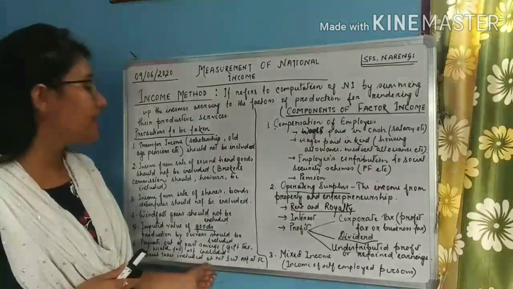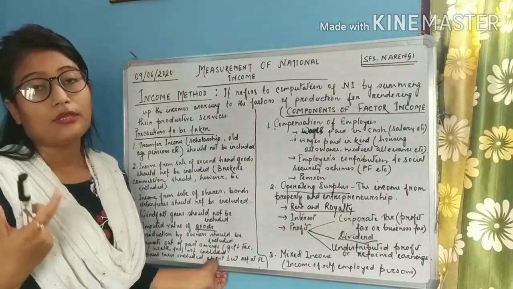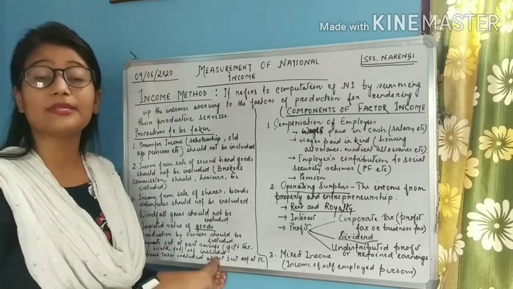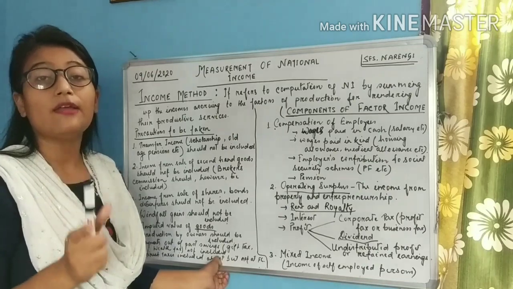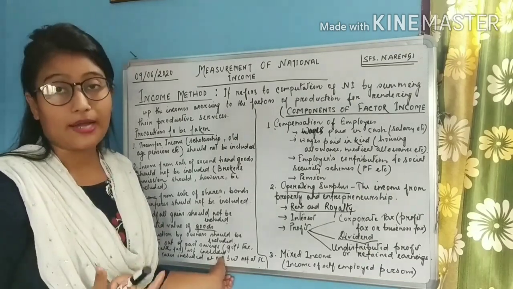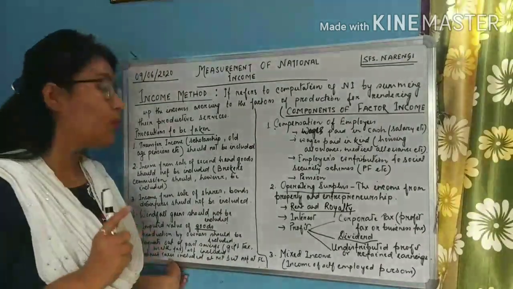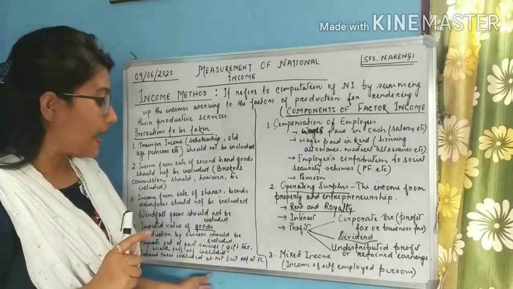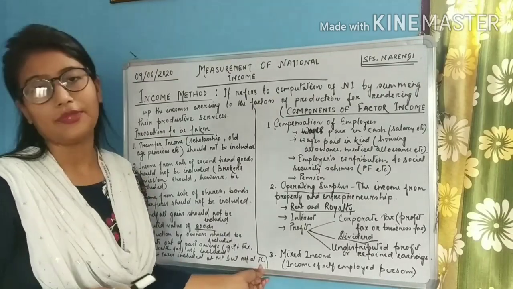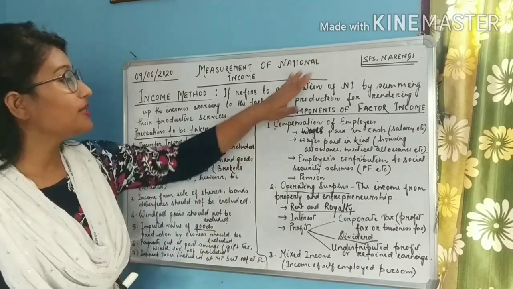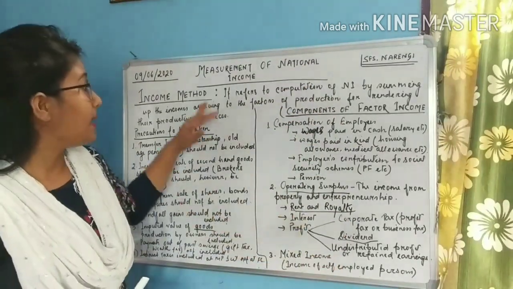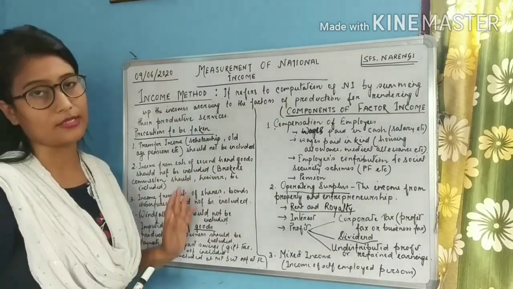And students, the last thing is the indirect taxes. Now, in case of indirect taxes, they might be included and sometimes they might be excluded. As we all know, if the national income is calculated at market price, then indirect taxes will be included. And if it is calculated at factor cost, then the indirect taxes shall be excluded. Okay? So students, components are the ones which should be included and precautions are the ones which should be excluded.